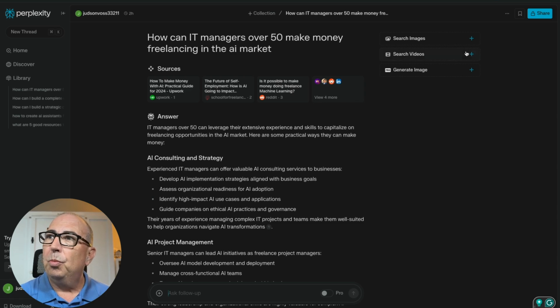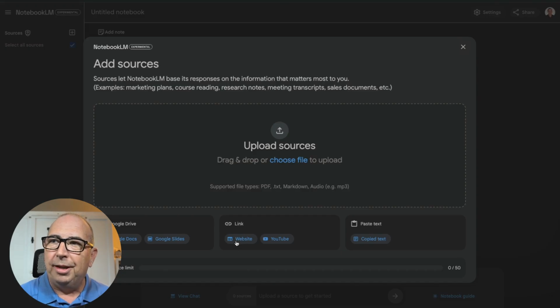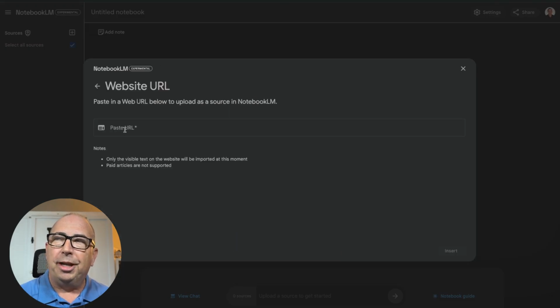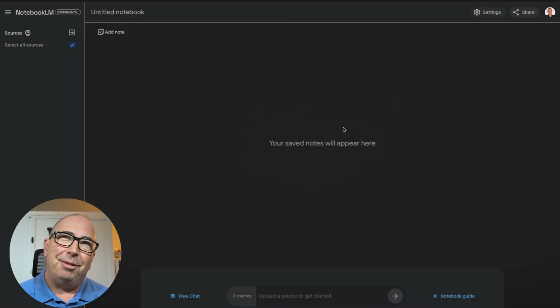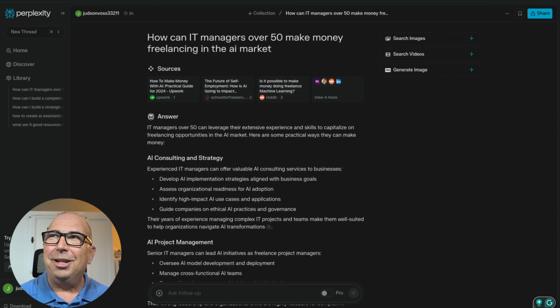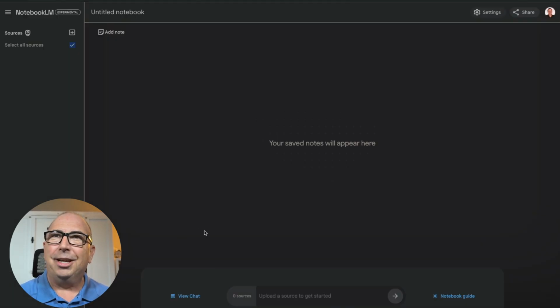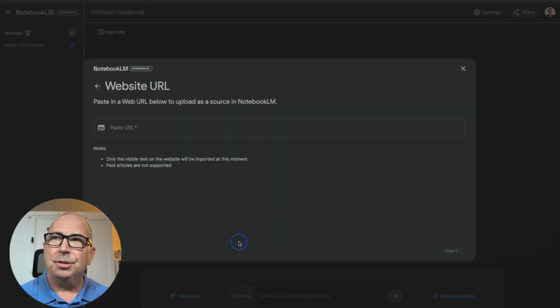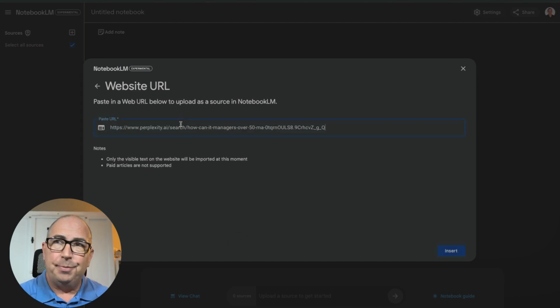What you can do with Notebook is grab a link, and so I could hit my copy link here, come back over here to NotebookLM, hit the website, put in the link. The problem I find with almost everything is that if I try to do that, I'm going to get a security warning. So I've copied that link. I'm going to come back in here, add my source, paste it in,